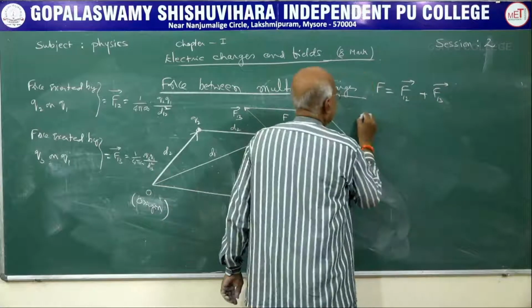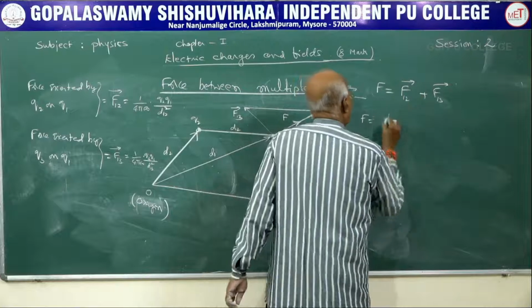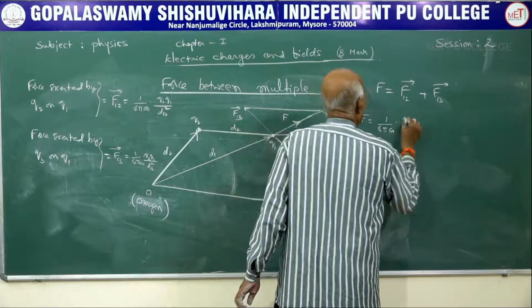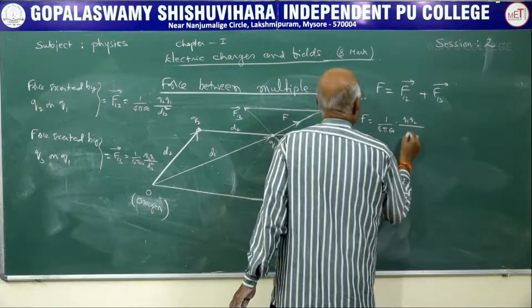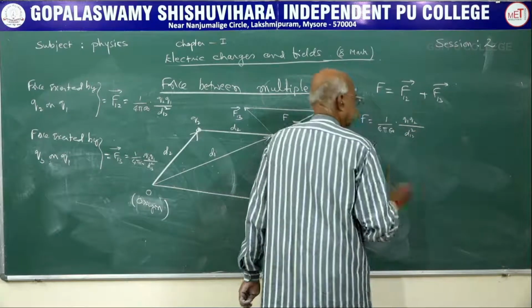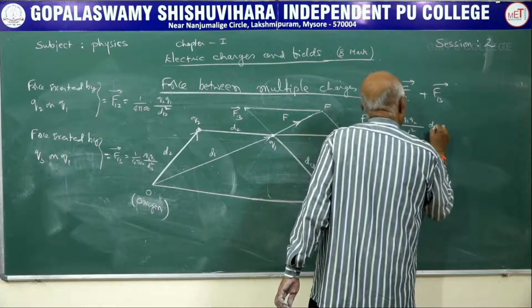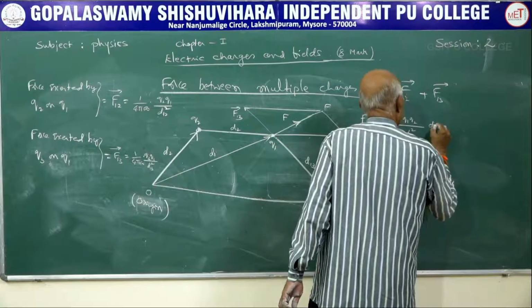So this is the resultant. Therefore, F is equal to F12, which is 1 over 4 pi epsilon naught Q1 Q2 by D12 squared, D12 cap,